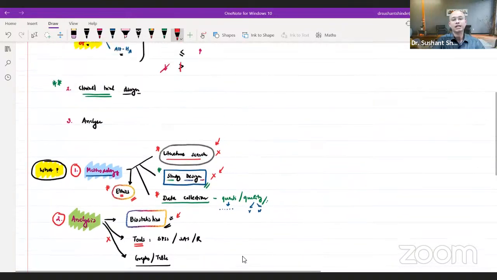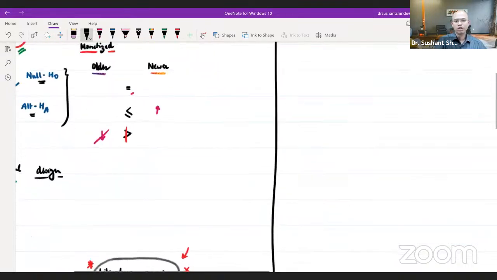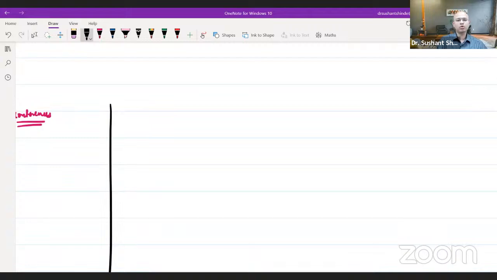And the last part is, I said, why? इसकी बात कर ली. What? इसकी बात कर ली. Now let me turn my attention to the last part. How do you go about learning research, and what do you really do when you are trying to research, right? How do you up your game? How do you enter research? If you're starting from scratch, how do you get into research? I think there are simple ways over here.